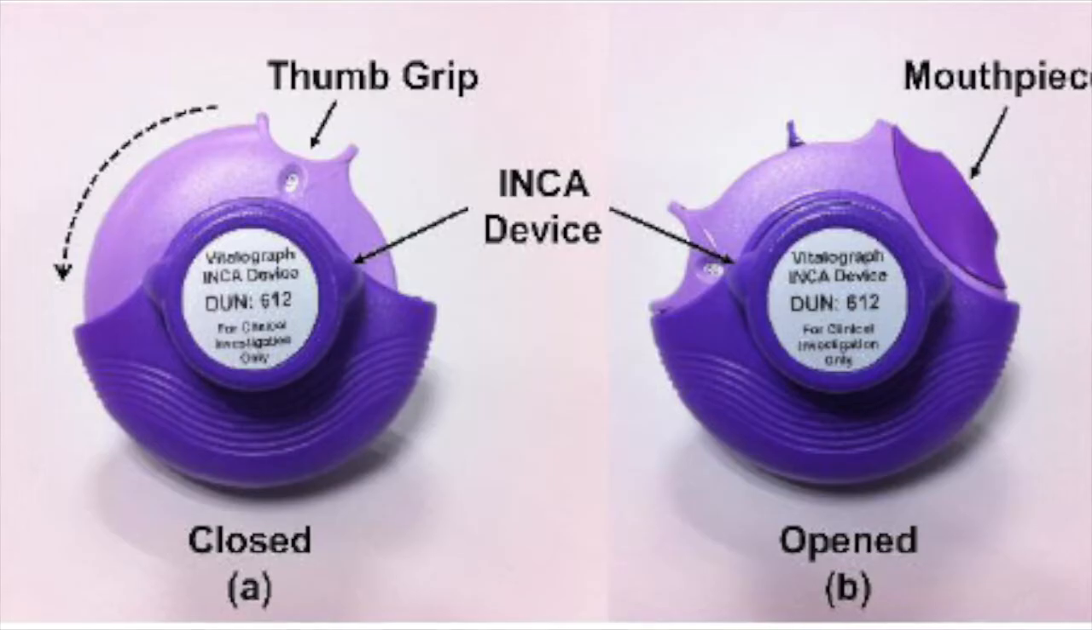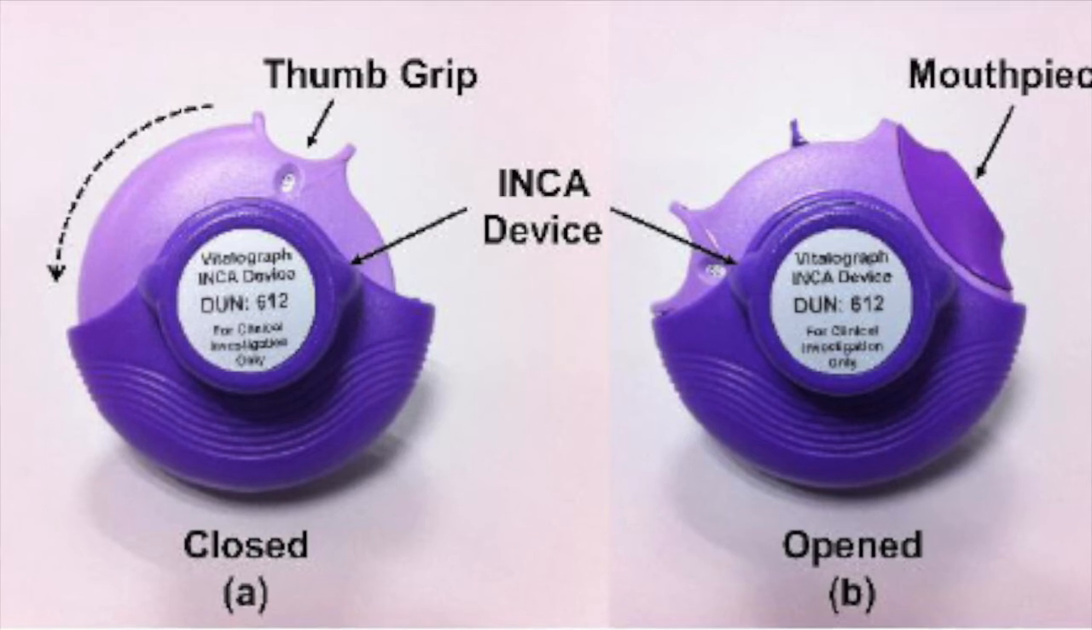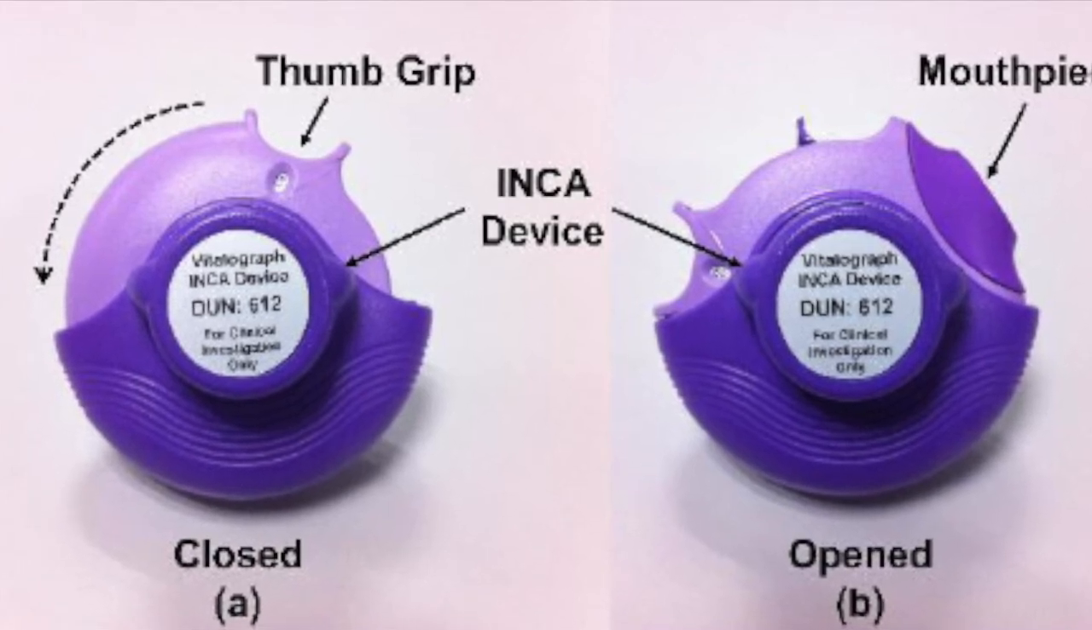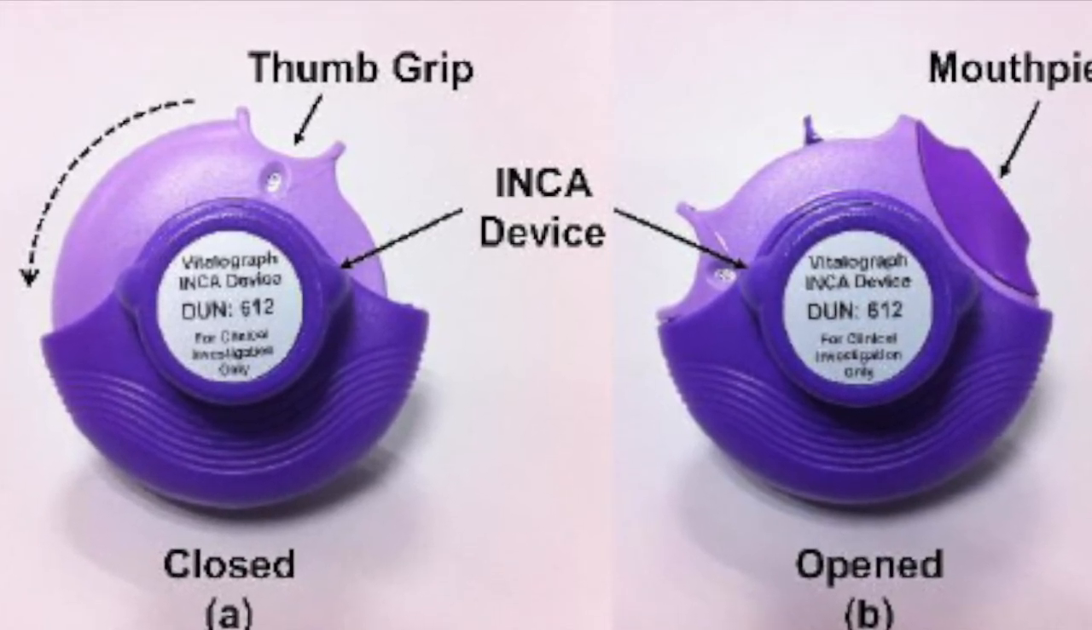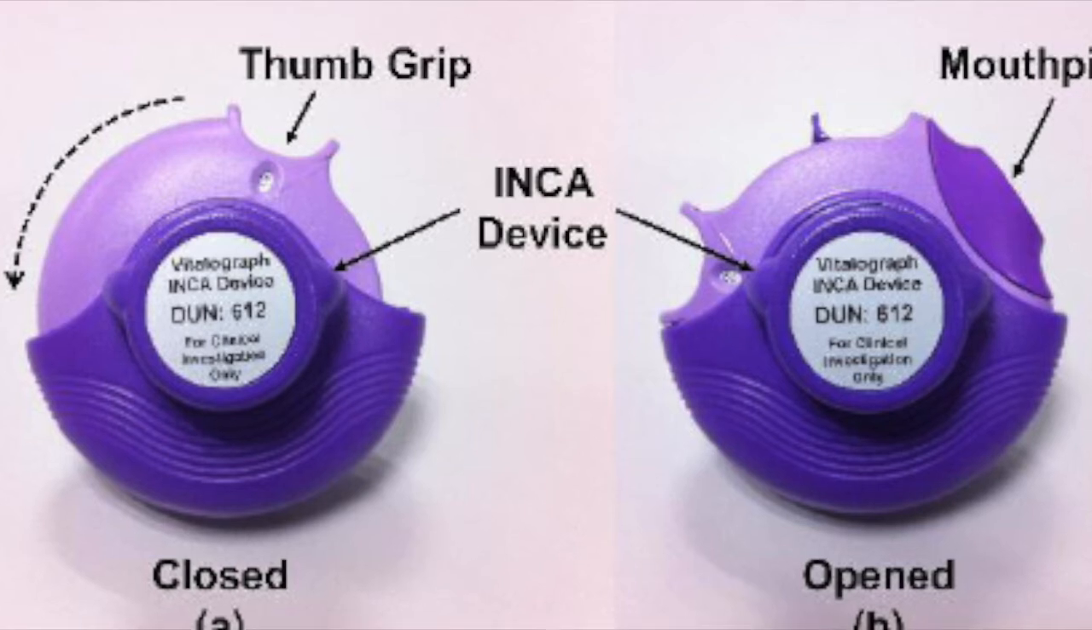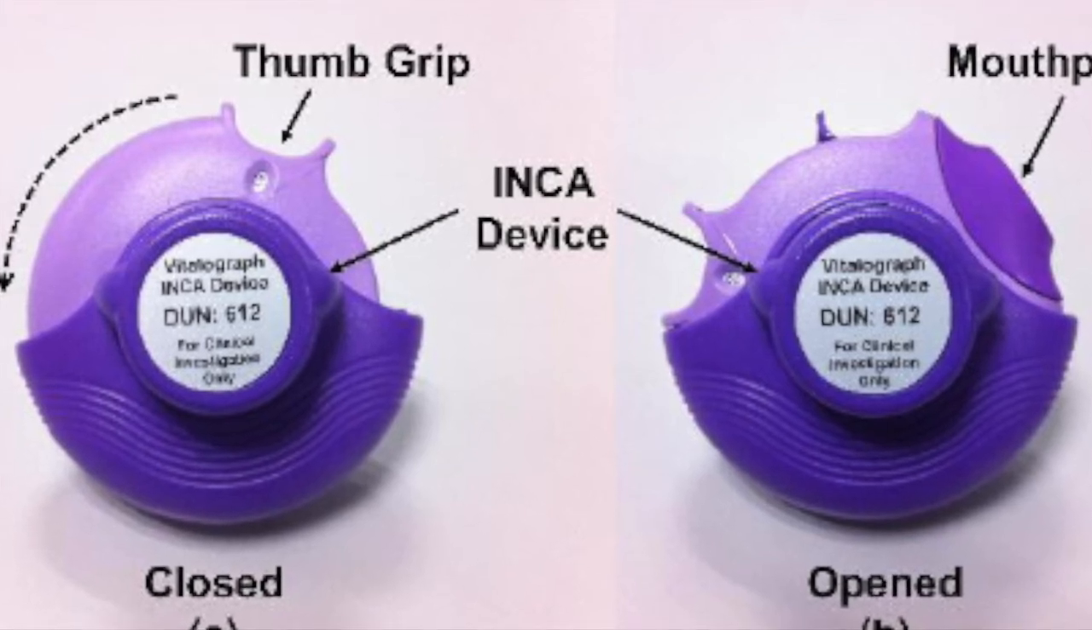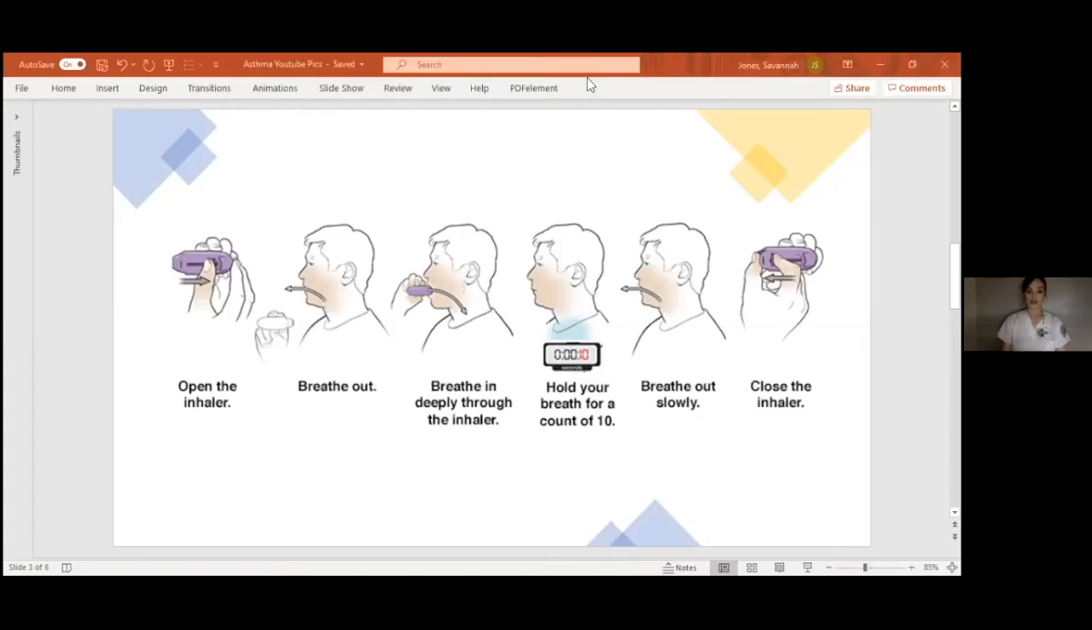Close the DPI with your thumb by sliding the thumb grip back towards you as far as possible. Make sure that you can no longer see the mouthpiece. Doing this causes the inhaler to reset and makes it ready for the next use. Be sure to follow the manufacturer's instructions about how long to wait between doses, because this may vary again depending on the brand of DPI